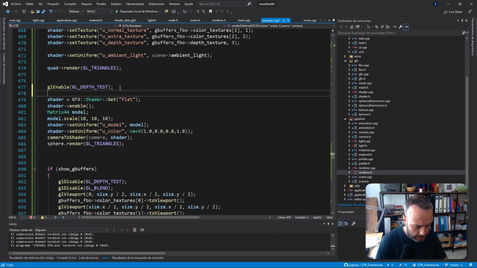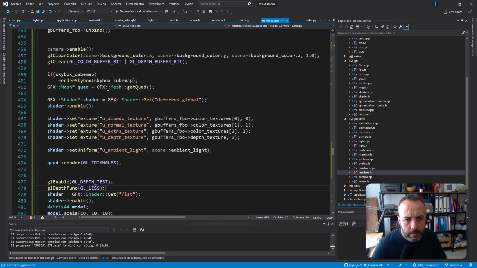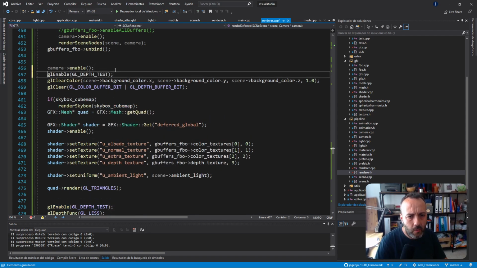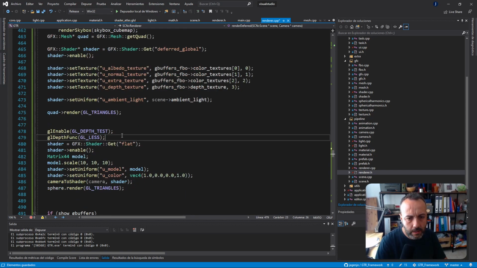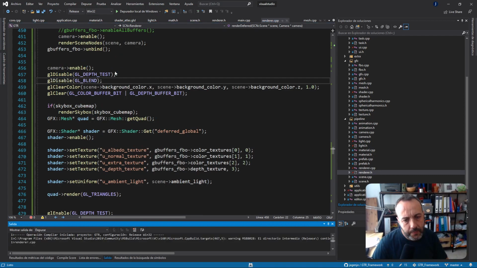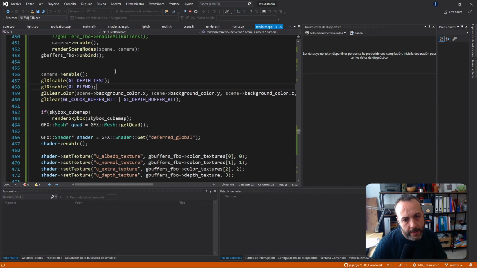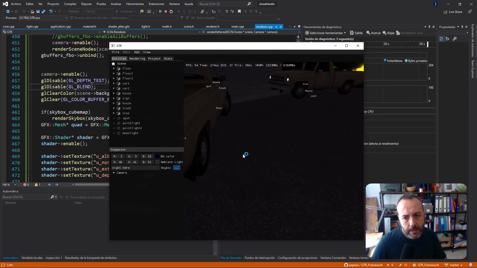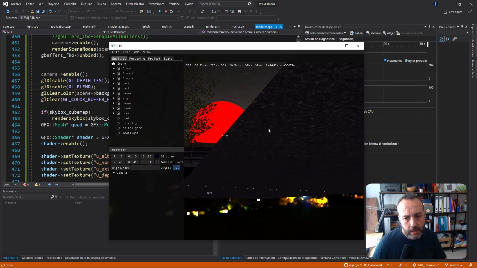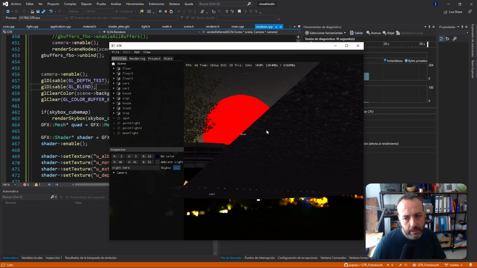Just to be sure I'm not doing anything wrong, the depth func is going to be less. And I may be doing something wrong. One second, just to be sure. When I render this quad, I don't want to have the depth buffer enabled, nor the blending, so I don't mess around with blending or anything like that. Okay, that's weird. That goes against my intuition, because if I render the sphere with depth buffer, it should think that this sphere is in front of everything, because by default the depth buffer is far away, and if the depth buffer is far away, when I render the sphere,